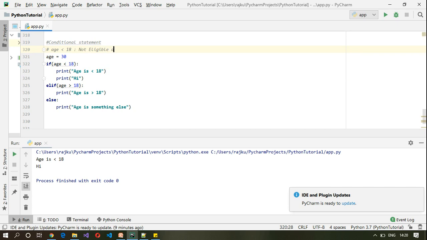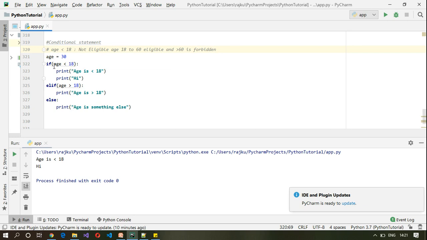And if age is between 18 to 60, he is eligible. And anything above 60, forbidden.